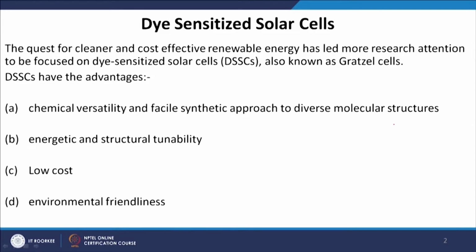And the last but not the least point is environmental friendliness. Since we are using benign materials to fabricate these devices, for example, you have seen that we are using titanium dioxide or TiO2 to make this dye sensitized solar cell. But where do we use this TiO2? We use it in our everyday life. In making toothpaste we use TiO2. The paint in our house is also made from TiO2. It is also used as a good antibacterial agent. So these products are biocompatible and environmentally friendly. So this kind of solar cell you can call a green approach of fabricating solar cells.